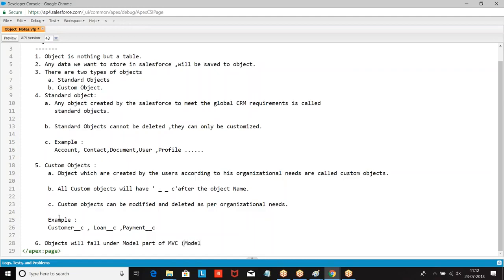What is MVC? Model, view, controller. Every application runs on MVC architecture, and objects fall under the model part.